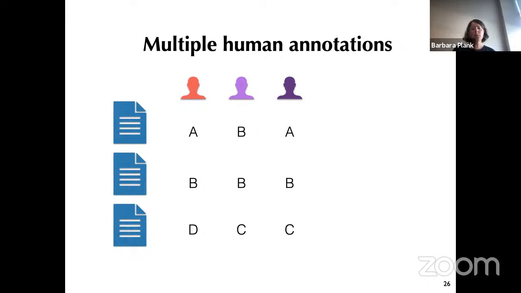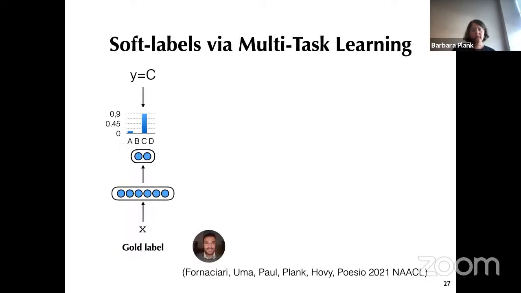And normally we would take the aggregate, right? We would take either the majority vote or Dawid-Skene weighting. So we want to derive a single gold distribution. And now in this study, we were asking, okay, typically we then disregard the left side and we train our model on the right, but can we actually use multitask learning to embrace the disagreement information from the raw annotations into modeling? So this is then the model that we proposed recently.